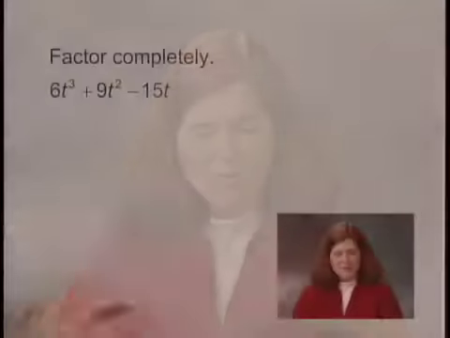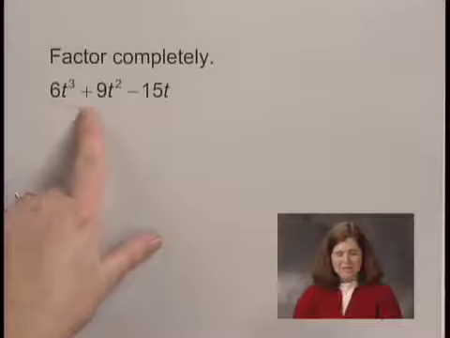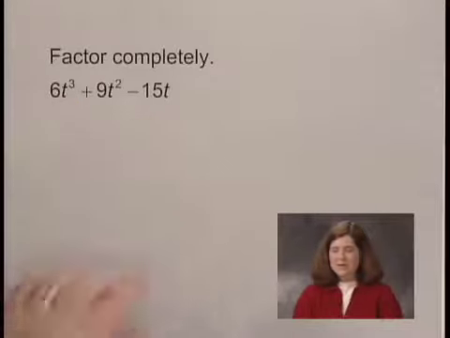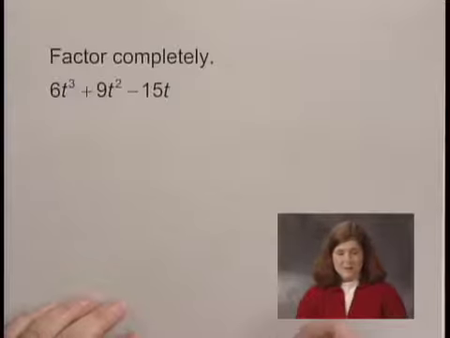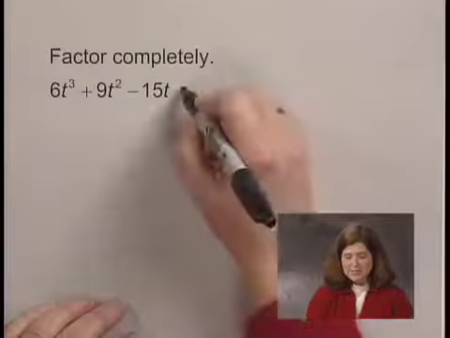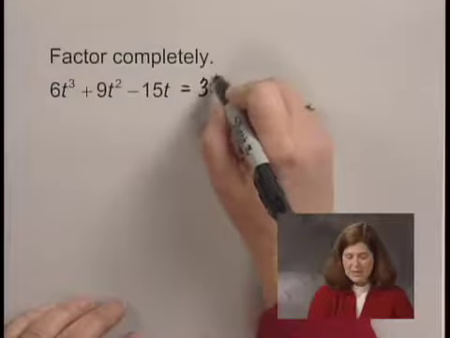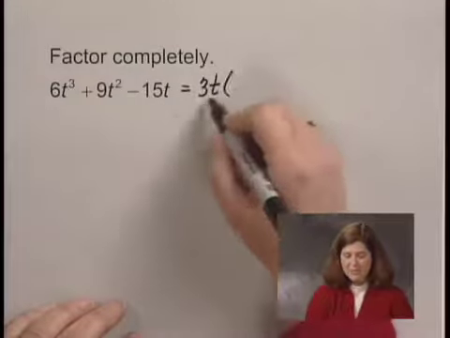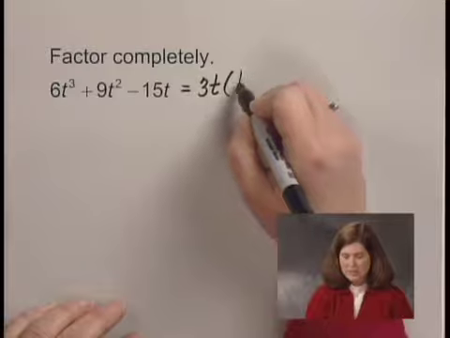In this problem, we'll factor a polynomial. We'll factor the polynomial 6t cubed plus 9t squared minus 15t. Let's first see if we have a common factor. We do. The common factor here is 3t. So we'll factor 3t out, and I get 3t times 2t